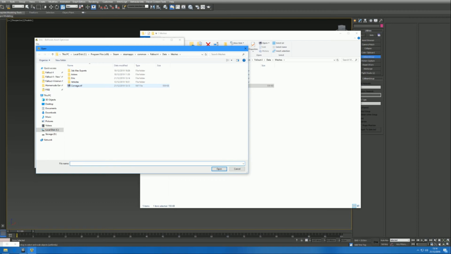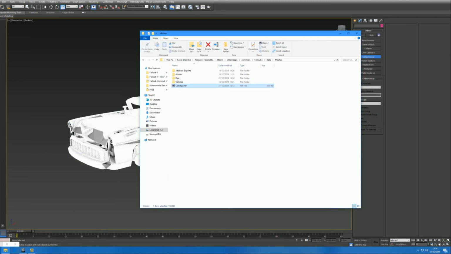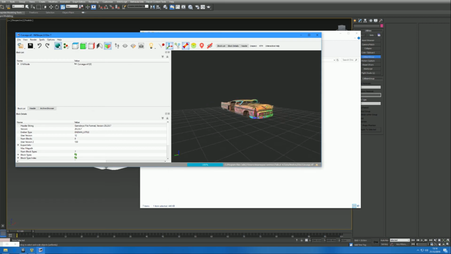So then if I take my mesh and convert that, you need to do the settings with this as well. You need to do file and settings if you've never used it before, load settings, but I've already done that. There are other tutorials for that, but it should be straightforward. It's all in your Fallout 4 tools folder anyway. So now if I go back into my Elric folder, that's now been converted,